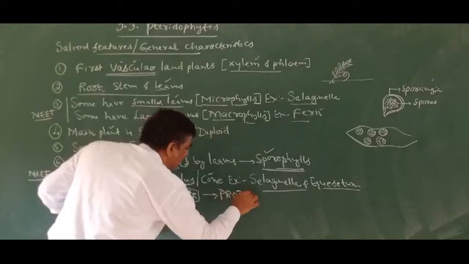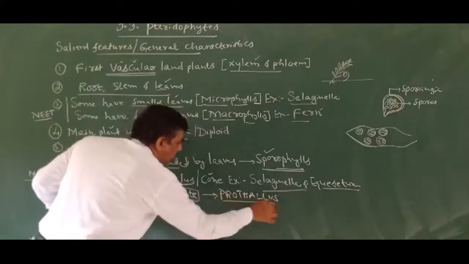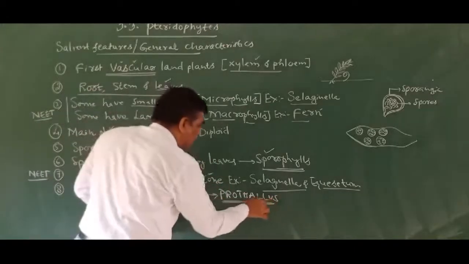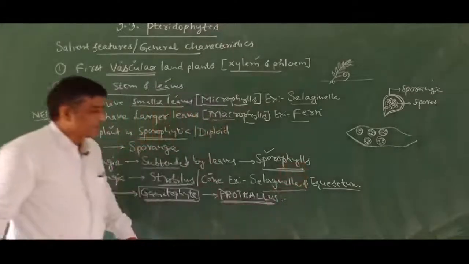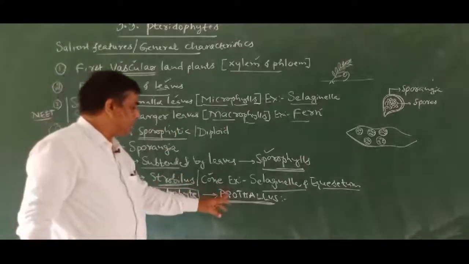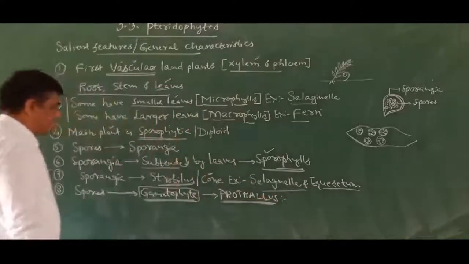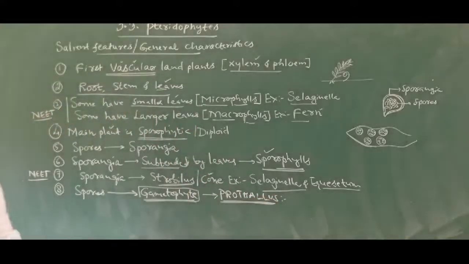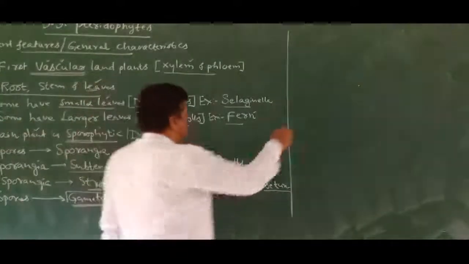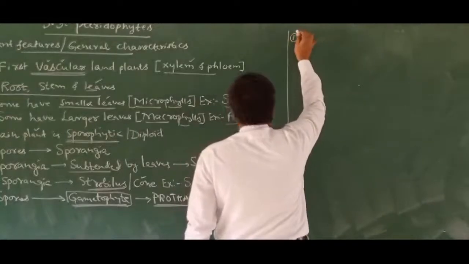This is called prothallus. This is very, very important from the point of view of examination. Prothallus, which is the gametophytic stage, is multicellular. It is also independent living and green in color. So this is the gametophytic stage. This gametophyte, or prothallus,